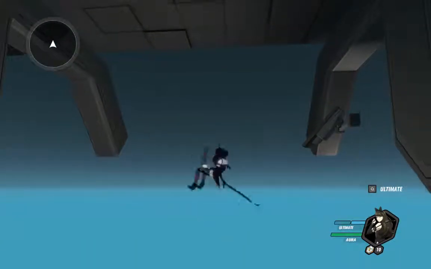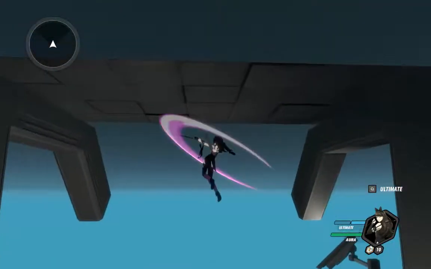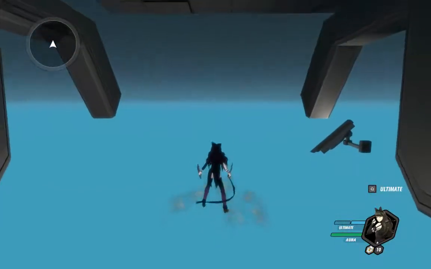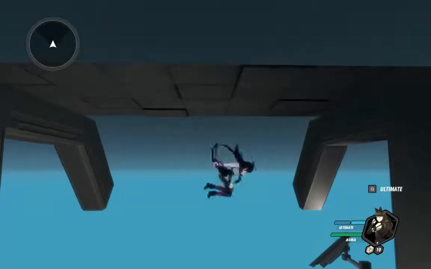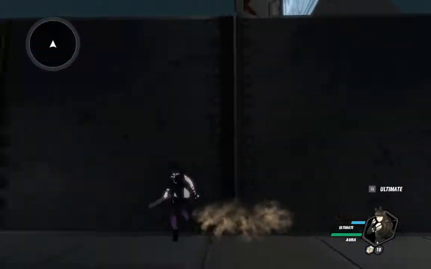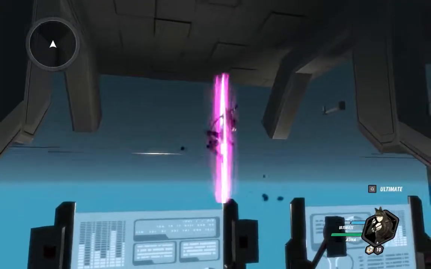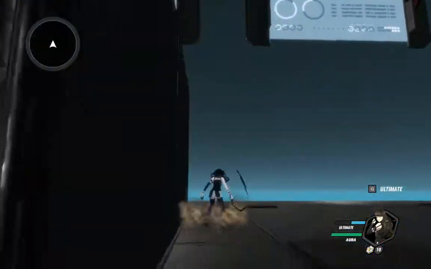I saw him do it very, very easily, relatively speaking, as Weiss, which leads me to believe it's just a character model size thing. But it might also just be needing enough height, which if I could get Blake, please. If I could get my ultimate jump timing down, I might be able to show, but...